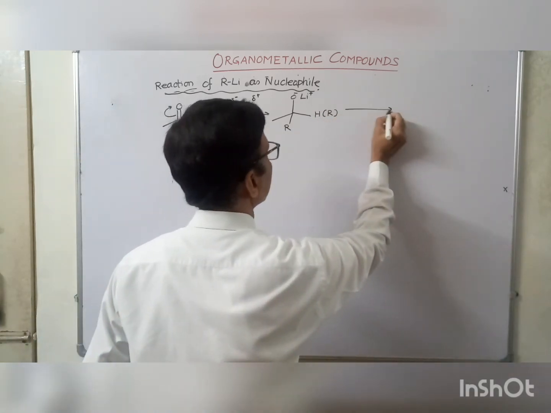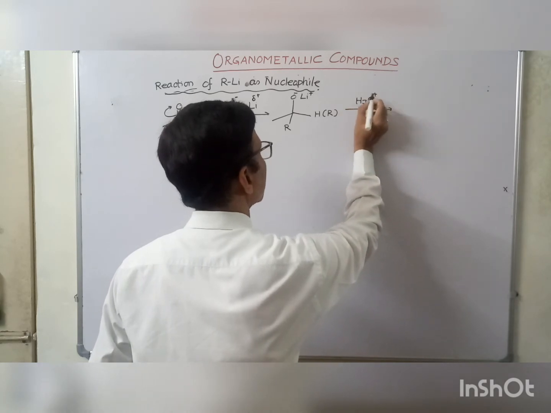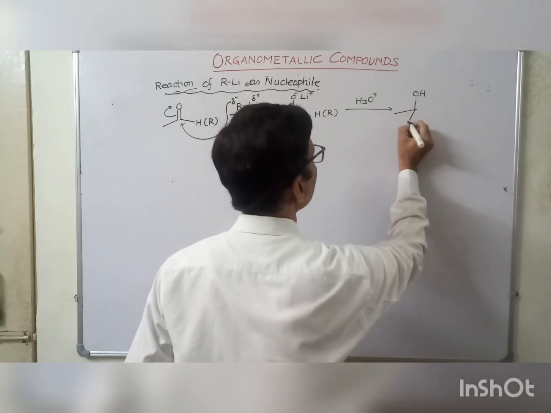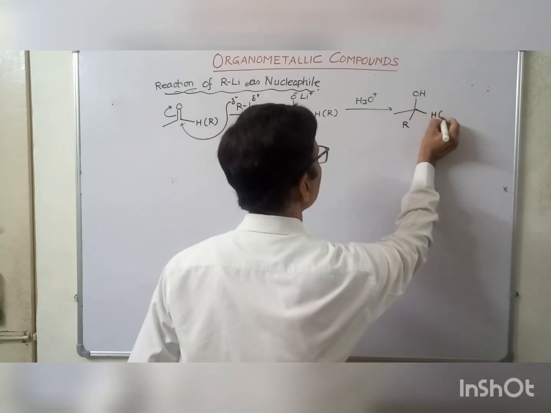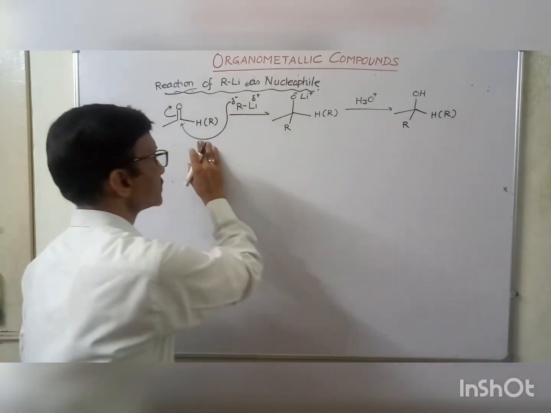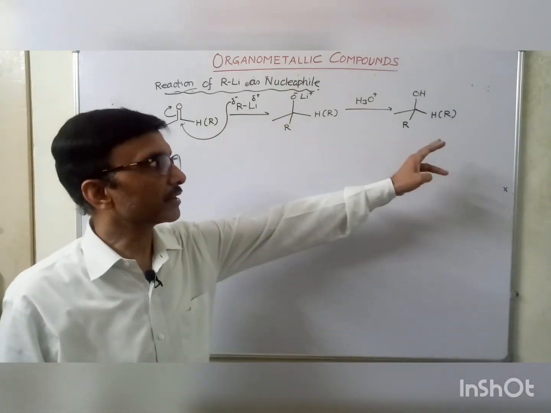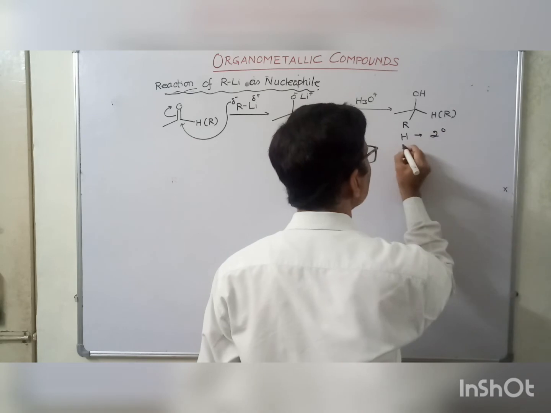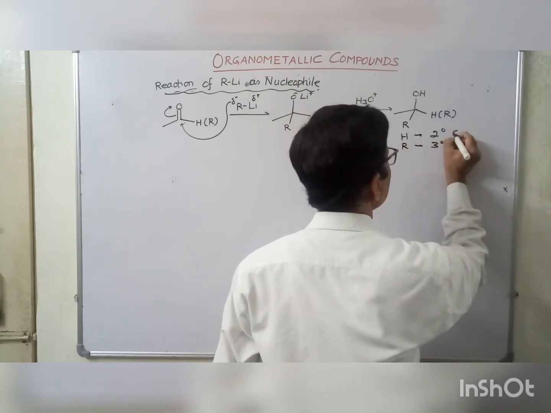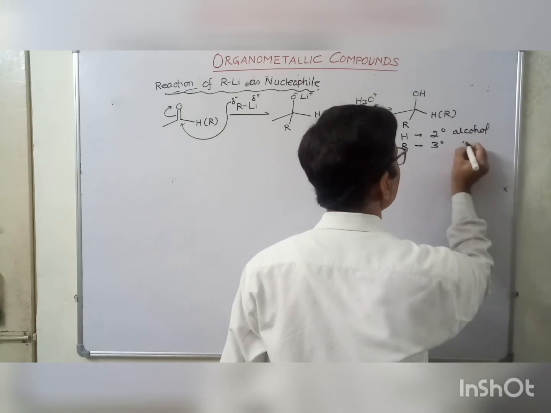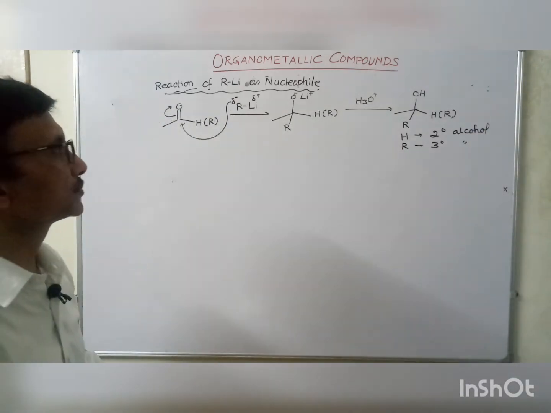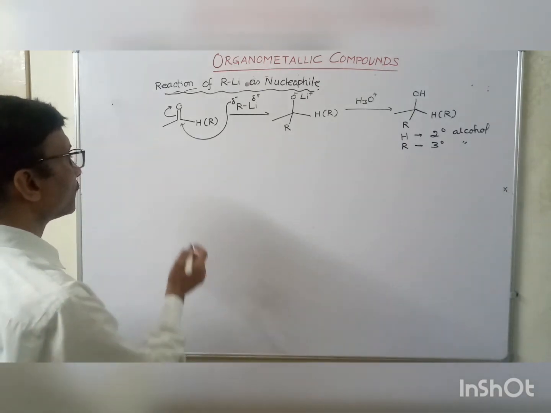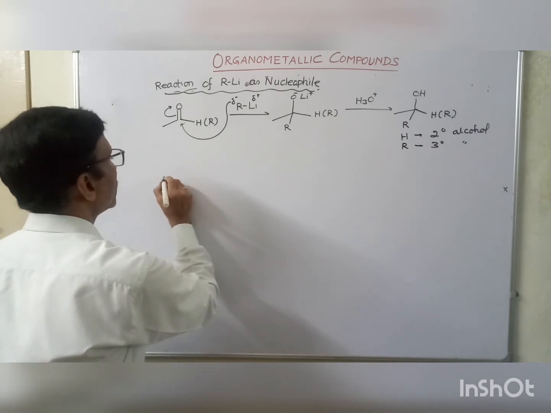And finally again we have hydrolysis, and either a secondary alcohol or a tertiary alcohol will be formed. If we have an aldehyde, then we get a secondary alcohol. If we have a ketone, then a tertiary alcohol. So if H is there, then we get the secondary alcohol. If R is there, then we get the tertiary alcohol. Okay, so the reaction is quite the same as that of this magnesium compound. Now suppose we have an ester,